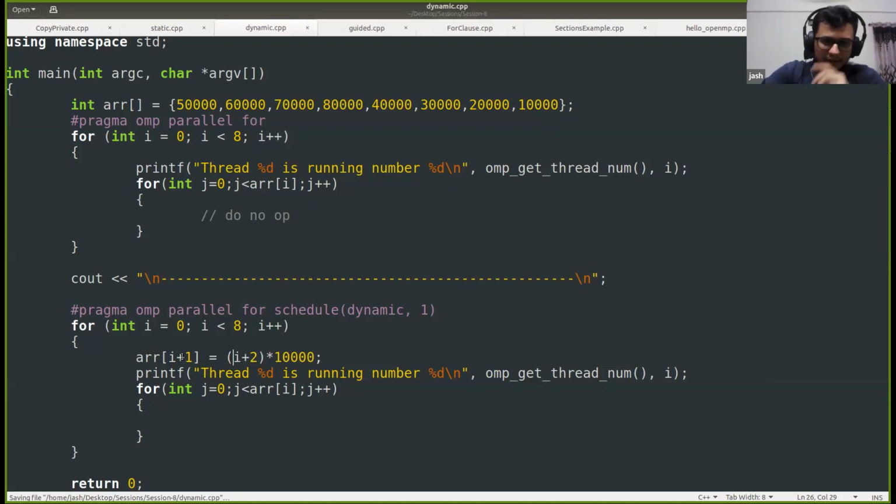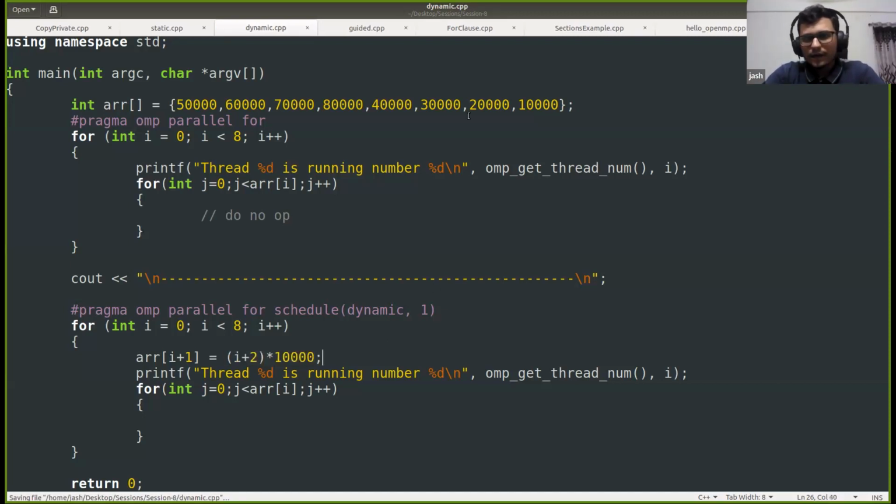So what will happen is that each outermost iteration is setting the amount of work that needs to be done for its next outermost iteration, and that is being increased incrementally. So the first outermost iteration will set some work for the second one, and this will keep on increasing for each outermost iteration.